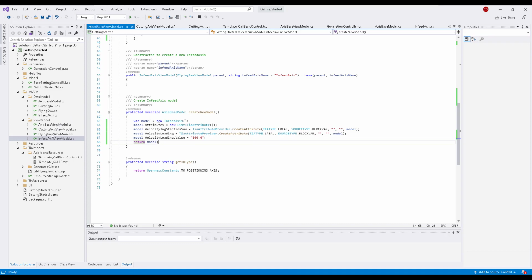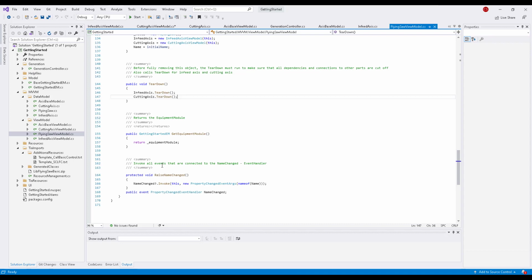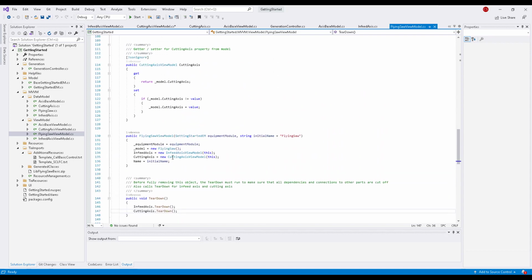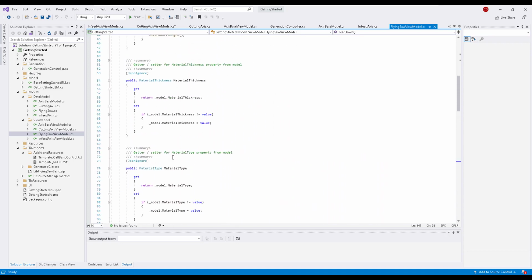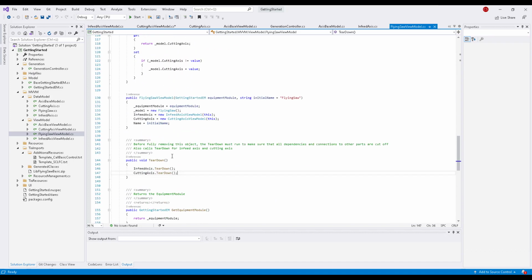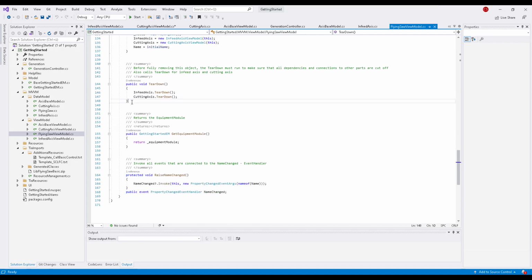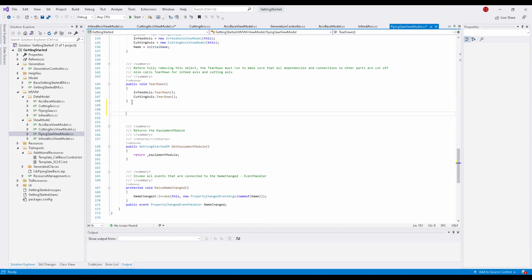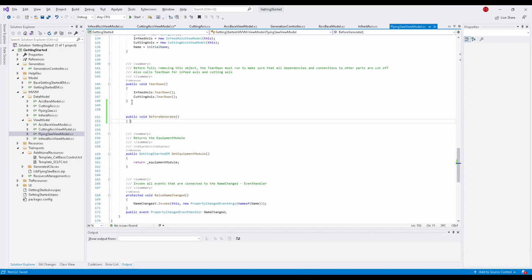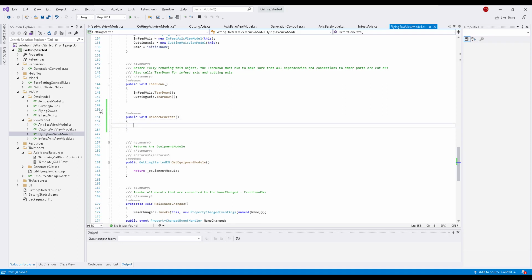A way that I quite like to do is, for example, to create some kind of before generate method. So what I mean with this is, for example, we start here in our FlyingSaw view model, and then we define a function before generate. So we have this before generate. At this point, we leave it empty. And what we do is we go into our generation routine,